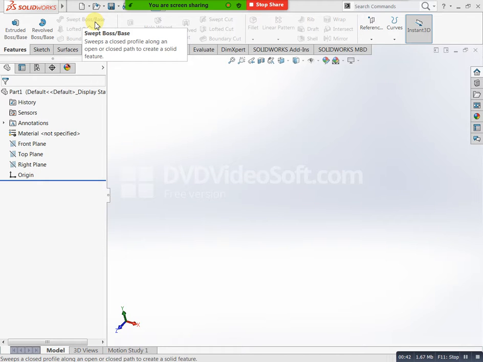If you need to create any solid feature by using sweep, first of all we need to draw an open or closed profile. That profile we consider as a path, meaning the direction of the model. Next, perpendicular to that path, we need to create one more closed profile, which we consider as the sweep profile. That is the definition we have here. Now we can try this one.